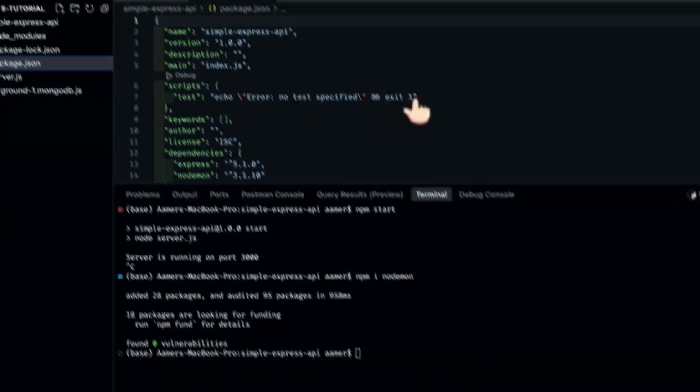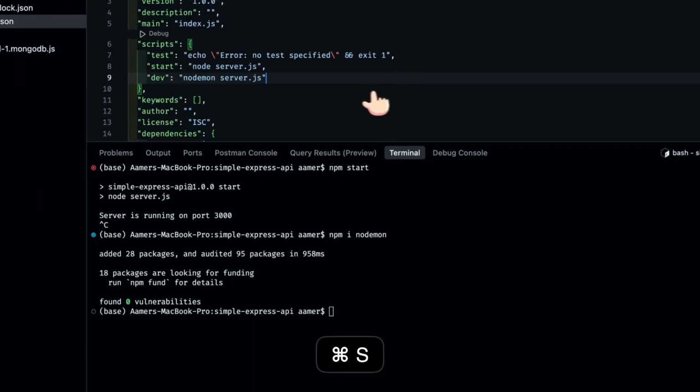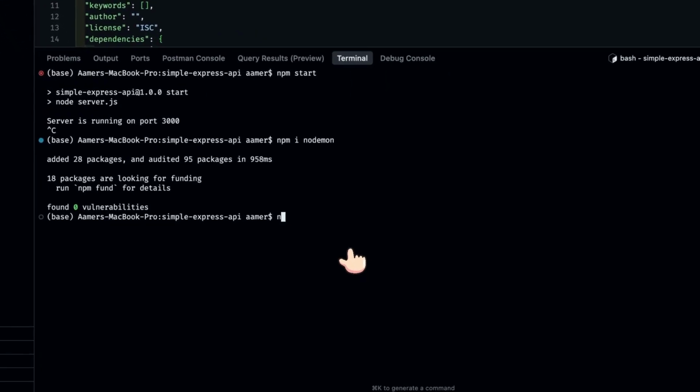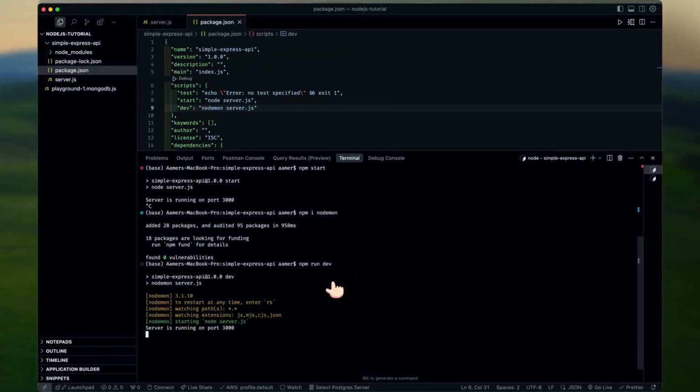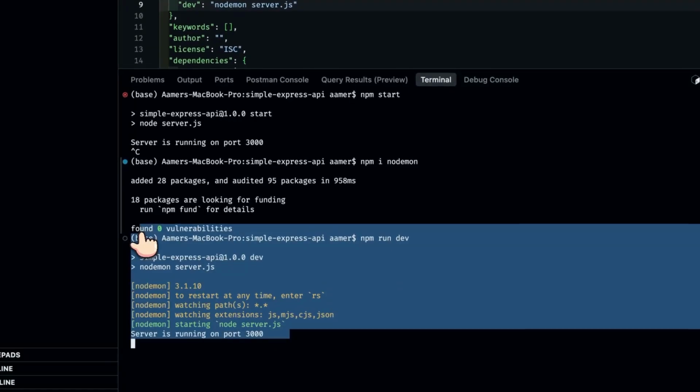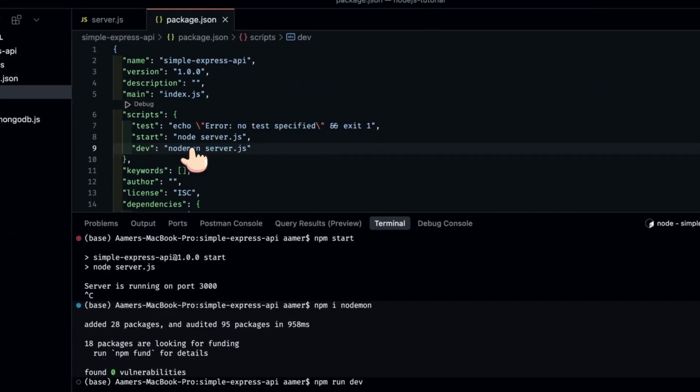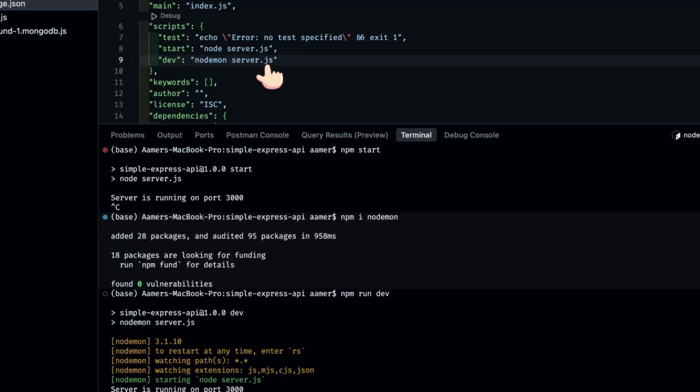So I'll go here and just type npm run dev, so that will be running in the background like that. So if I go and refresh this one, if you're new, guys, what I did was I just ran